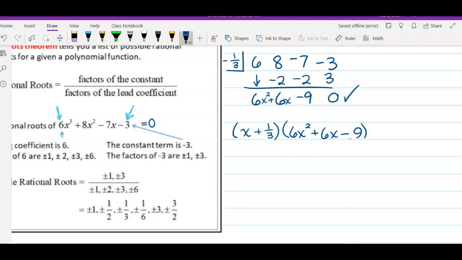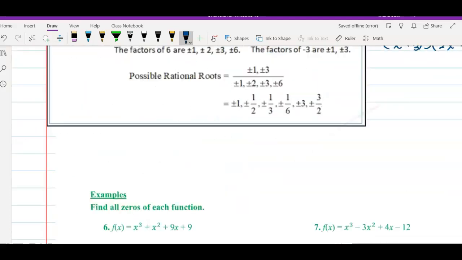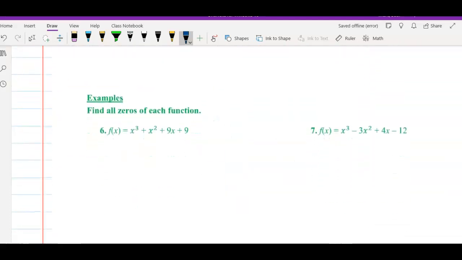I know I can pull out a factor of 3, so I have 3 times the quantity 2x squared plus 2x minus 3. And while I might not be able to factor this, I could use the quadratic formula to find the other 2 remaining factors at this point. Let's try that with,